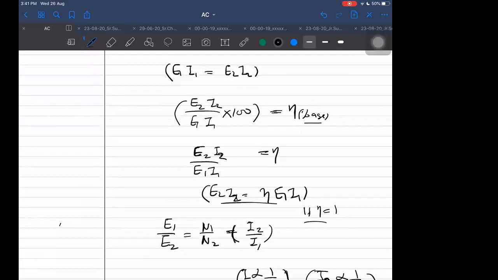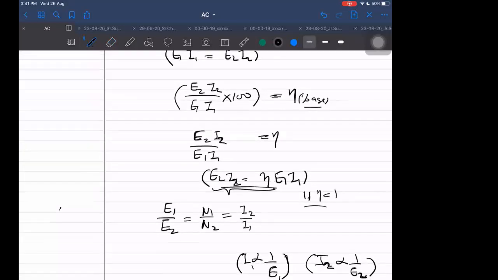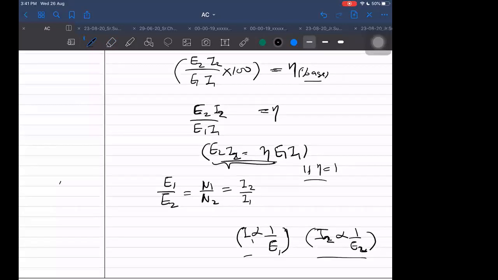We cannot say that, but it has some kind of relation, so rather than saying equal to, we can say like this here. Although, wait a second, here the assumption was different. Here my assumption is, if the power is constant, then it is correct only. Eta equal to 1. If I am assuming eta to be 1, then it is correct. But if it is not that, then it is not inversely proportional. If E becomes double, I becomes half, not like that.